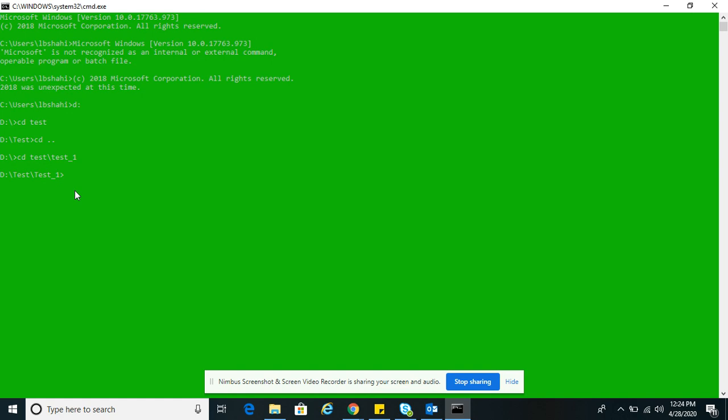If you want to create a new folder, as you know, in Windows XP, Windows 7, 8 or Windows 10, we used to create a new folder, but over here you have to use mkdir. This is called make directory.